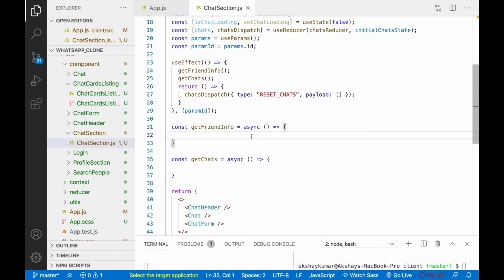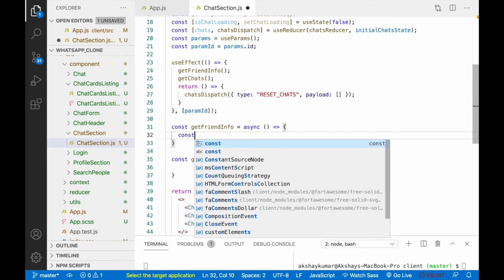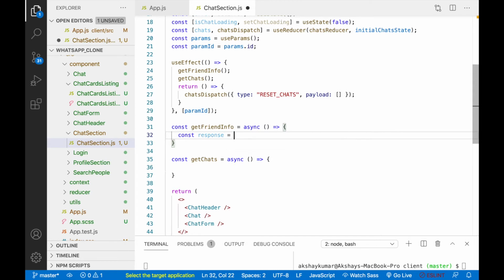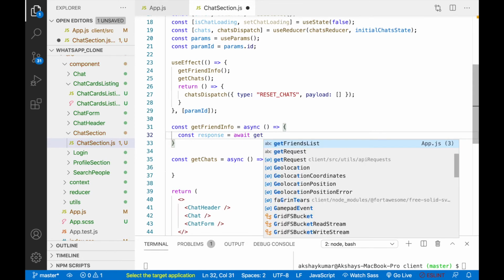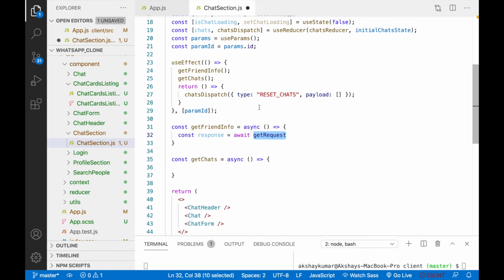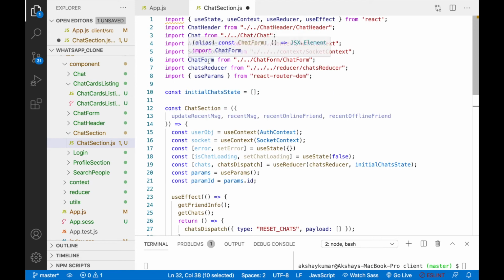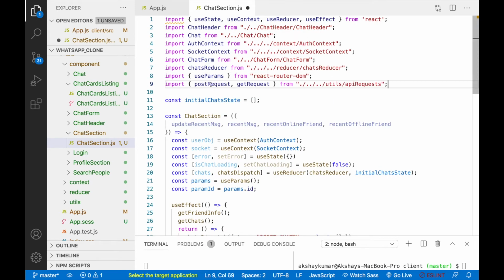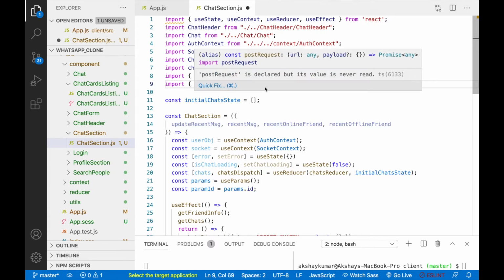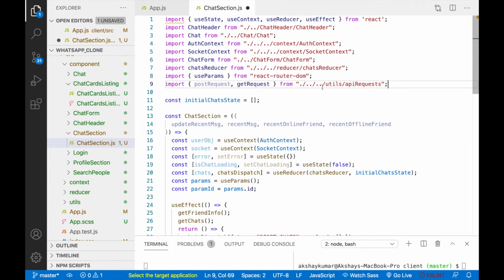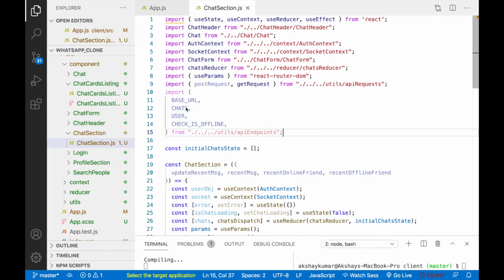So inside get friend info, we'll write const response equals await, and here we'll write get request. We have to import this get request on the top, right here. So we'll write import post request and get request from util and API request, and I will get some endpoints also: base URL, chats, user, check is offline.